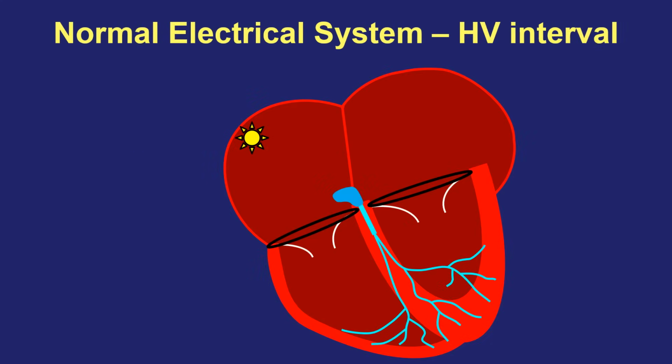To answer the question of whether an accessory pathway is present in the forward direction, we need to first review how signals normally get from the atria to the ventricles. The sinus node fires, it sends wavefronts across the right and then the left atrium, and the wavefront reaches the AV node. The signal then travels through this very slowest conducting tissue of the heart, the AV node,